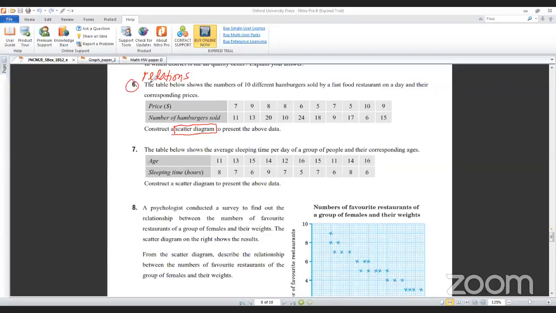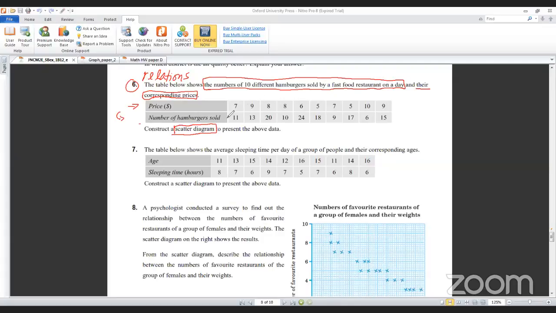Now, if you look at number 6, the table shows the number of 10 different hamburgers sold by a fast food restaurant on a day. And then you can see it is separated by the word and their corresponding prices. It means some people are trying to see whether the price will influence the number